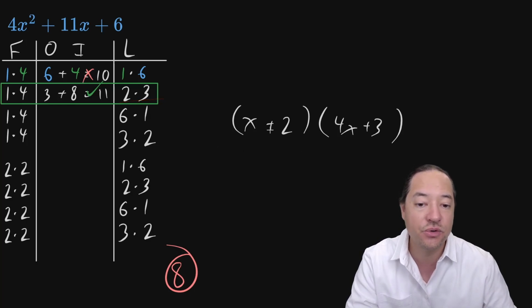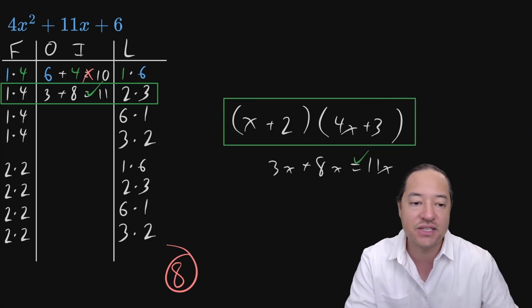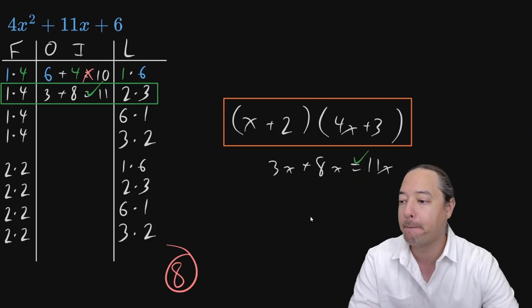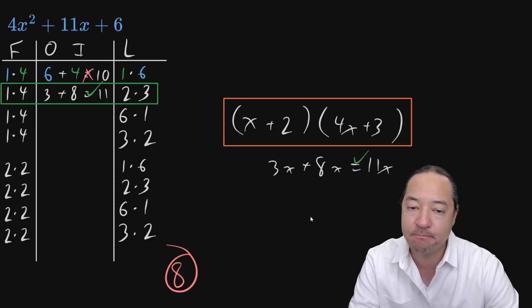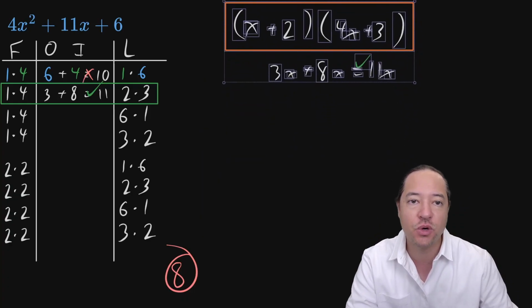And so if we do the outer times the outer, we're going to get here a 3x plus, here we can see inner times inner is an 8x. That is 11x. That is good. This is going to be then the correct factorization. Now, this method is annoying because you get so many combinations. And so instead, what we would prefer to do is use what we call